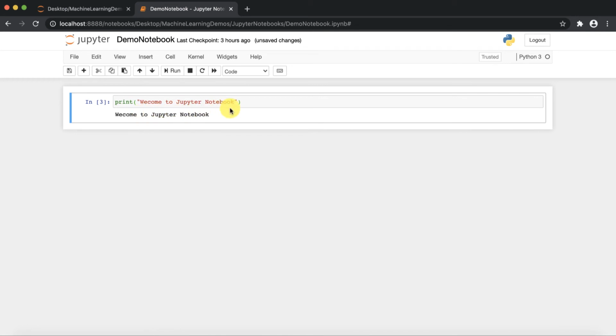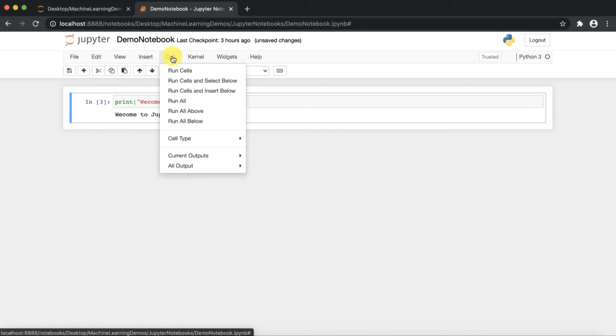Now, suppose I want to run this cell in different modes. When you go into the cell menu, there are different options we have: run cells, run cells and select below, and run cells and insert below, right? So what is the difference between these three?